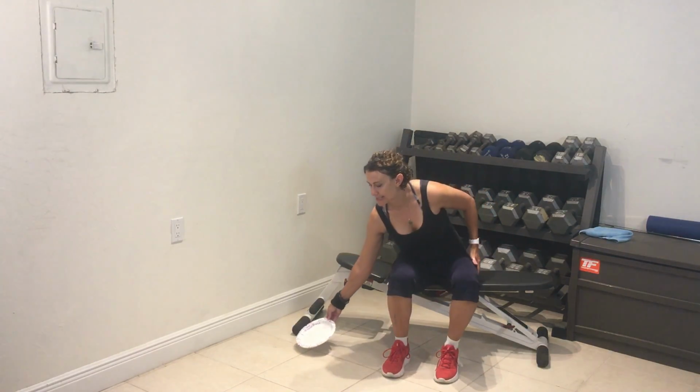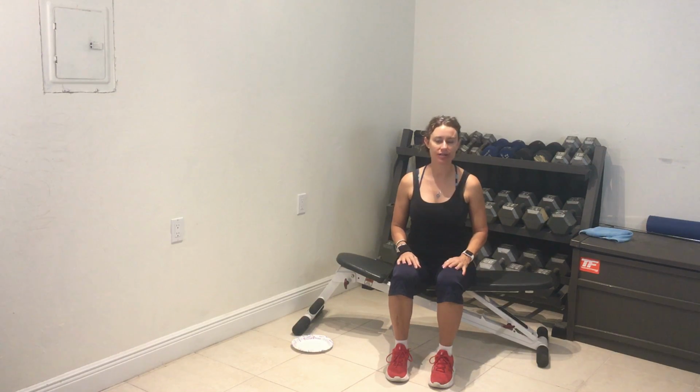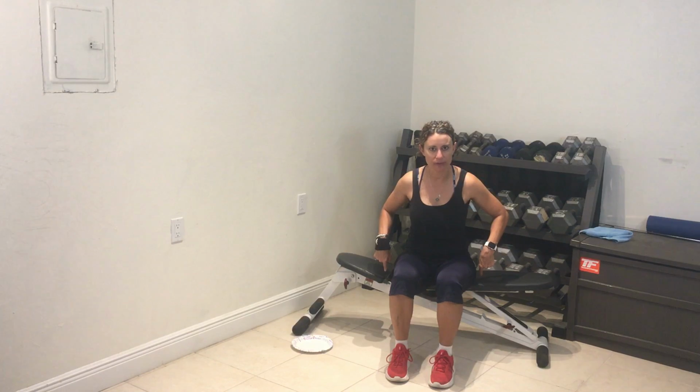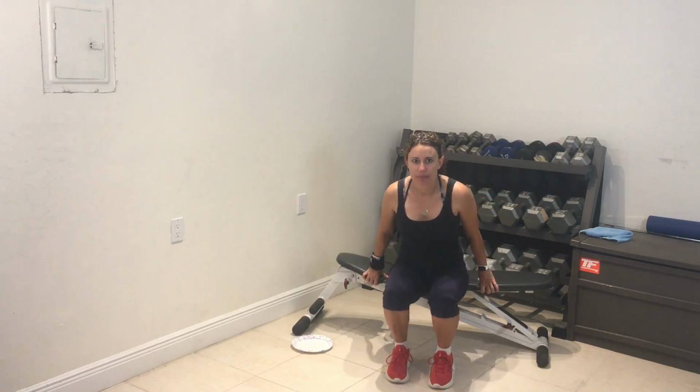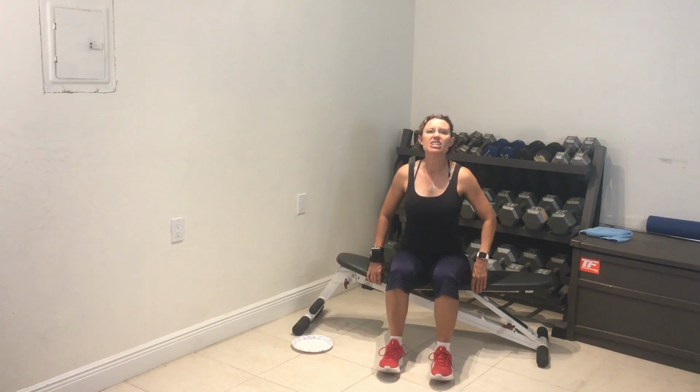We are gonna go into sit stands. You wanna make sure you're in a narrow stance, and this is basically just getting up from the seated position and you're gonna sit back down. If you need to help yourself, you can, but the most important thing is that you keep your booty behind you, okay? We're not pushing forward or doing anything like this. You're gonna keep your body tall,